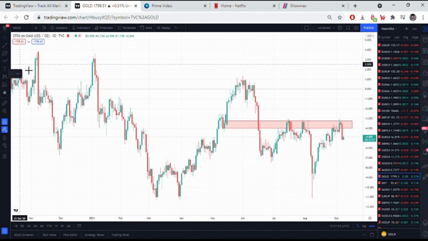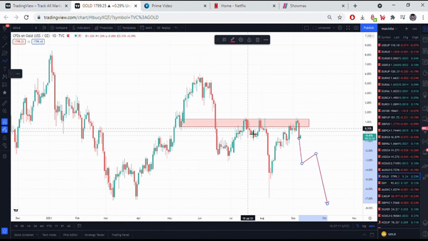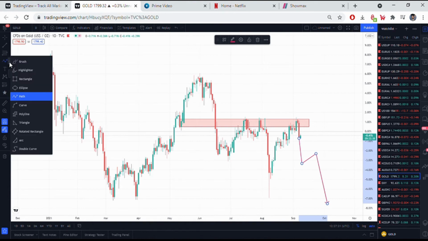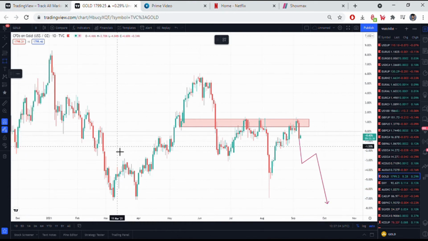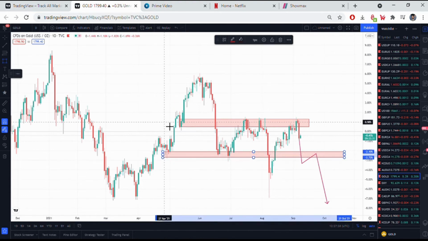Another possibility is that the market will go down, come back, respect this level, and then push to the downside. That's another possibility. And why do I say there's a level here? I will show to you just now. Look, there's a significant level here. It was respected, pushed to the upside, came back, respect, pushed to the upside, came back, broke it, then broke it to the upside again, retest the bed, then pushed to the upside.